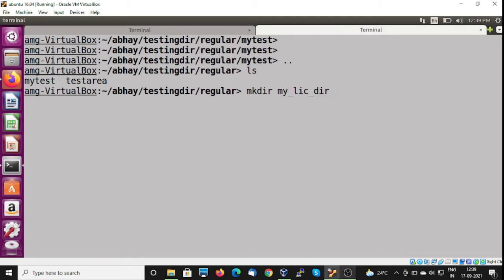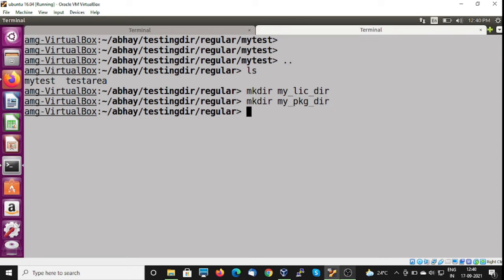So I am creating it at some safe location. Another, I need to create another folder for package download. Let me name it my package dir.